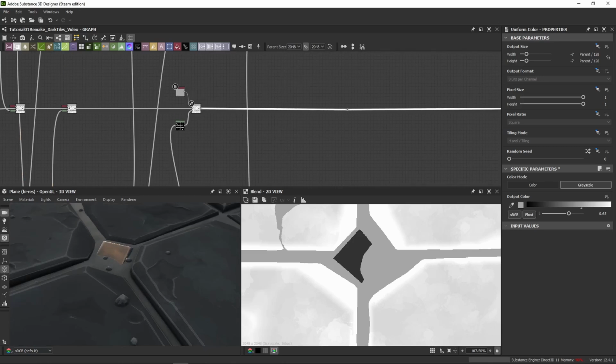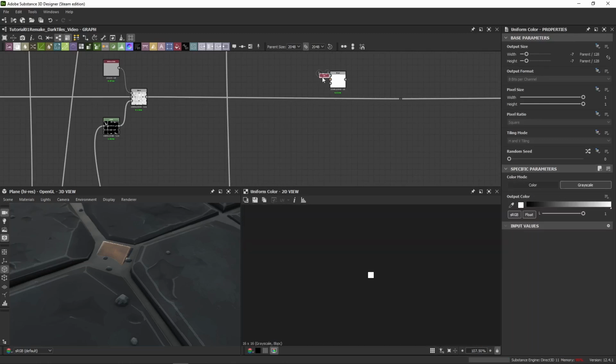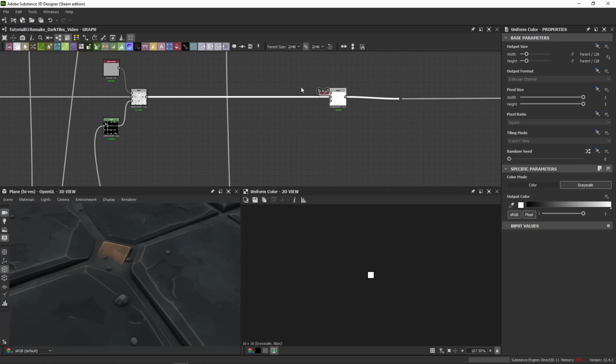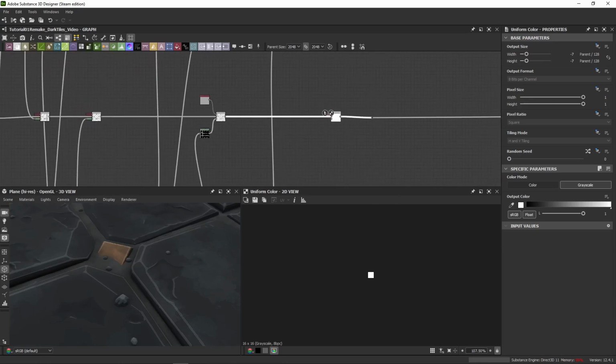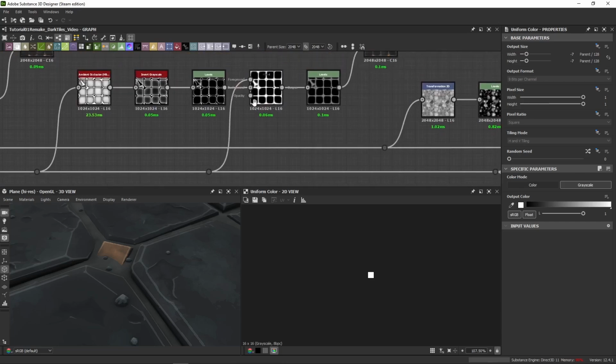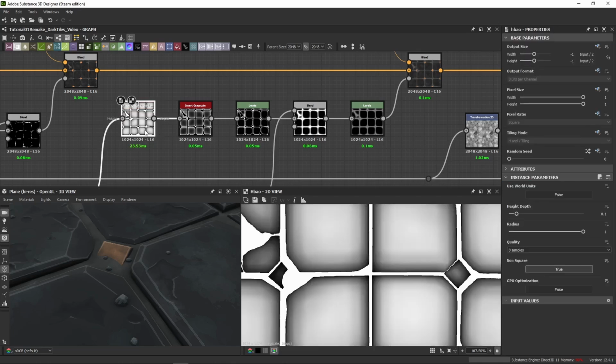Next, we need to do another blend, and this blend's going to be add, and we're going to do a grayscale uniform, 16 by 16 with a value of 1, just white. And the main thing here we have to worry about is what is being plugged into the opacity. So for this, it seems like we need to pull from this guy. If you guys remember the trick that we did in the previous episode with the ambient and the shadowing. So we're going to pull from this blend here